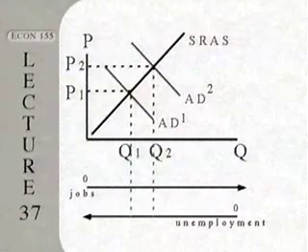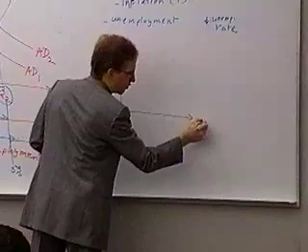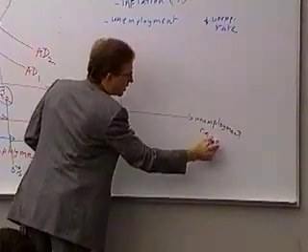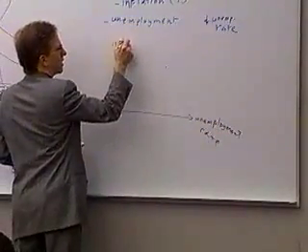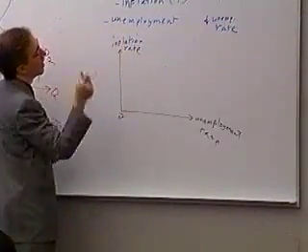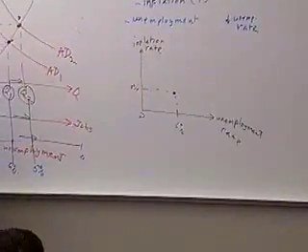New graph. And I know you were waiting for a new graph to illustrate all this. So here's what I'm seeing. Here's the unemployment rate. Here's the inflation rate. And I had something here to begin with, 6%, and we had whatever the inflation rate was to begin with. I didn't really assume some number, but the inflation rate, heck, I don't know. It doesn't even make any difference. 3%, let's say. We started off in that situation,